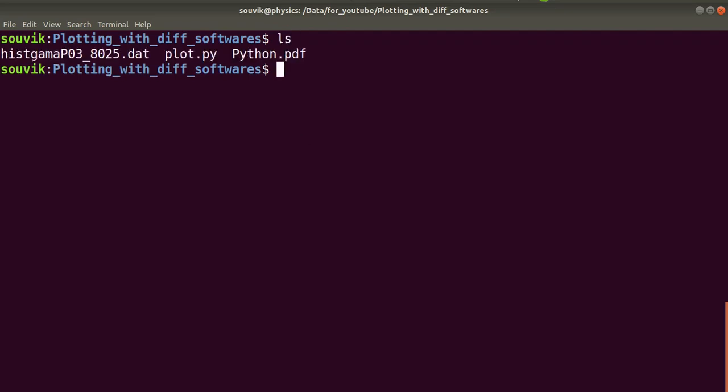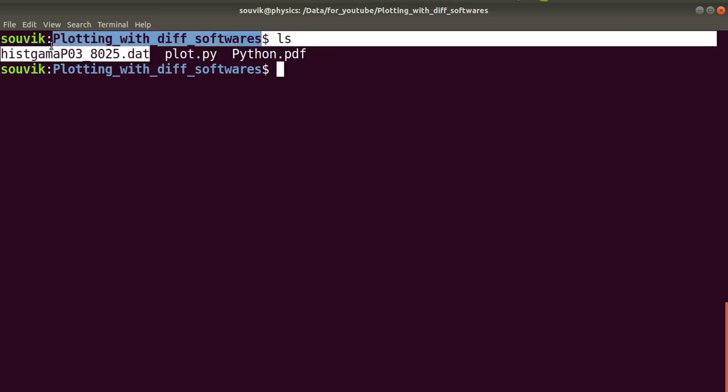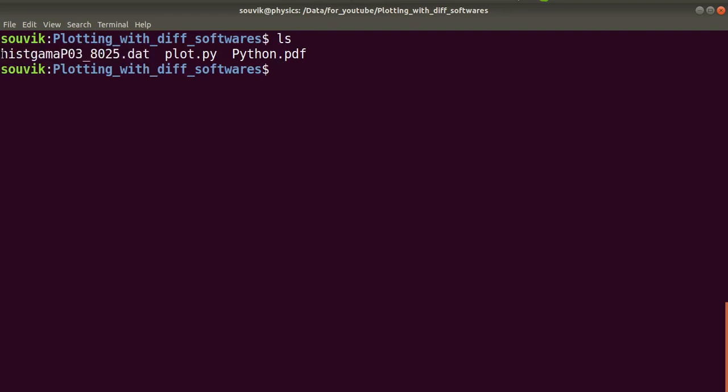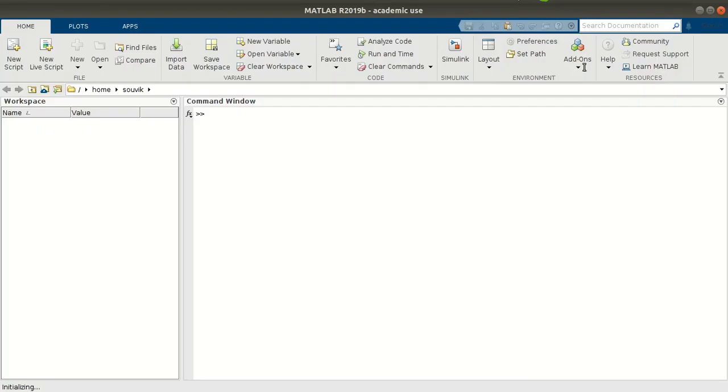Now you can see the data file. I will do the same thing here for MATLAB: I will plot this data file and the same function that I just defined for the Python script. In MATLAB the commands are usually the same, but while loading the data file you will use the round bracket instead of the square bracket. In Python we use the square bracket, right? Okay, so it has opened.